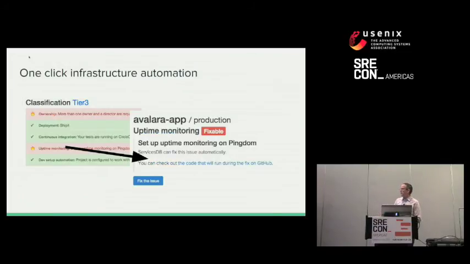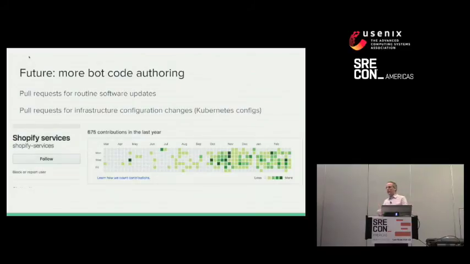Another thing we started doing with this system is automatic infrastructure setup. In this example, there's an application that is missing an uptime monitor, and we know how to call Pingdom APIs. We could set that up for you. So you just click fix this, and it'll go in, call out to the third-party system, hook up the Pingdom API, and then we've got uptime monitoring for that server. And we've got a few different systems like that. We also do automation of setup for PagerDuty schedules for a system, and also wiring PagerDuty up to different monitoring we can do automatically for you. Not for you, for people who work at Shopify, sorry.